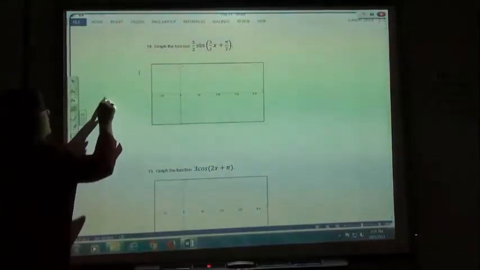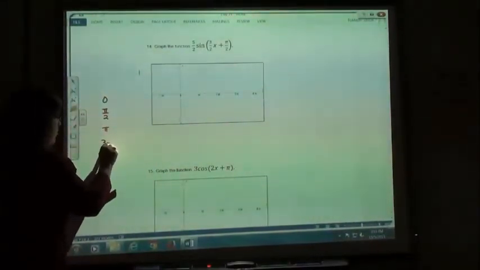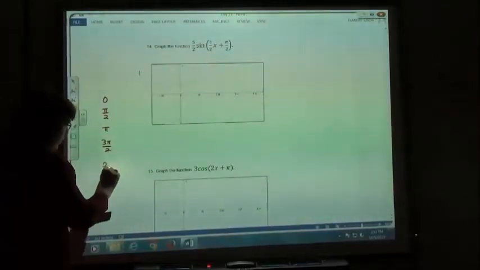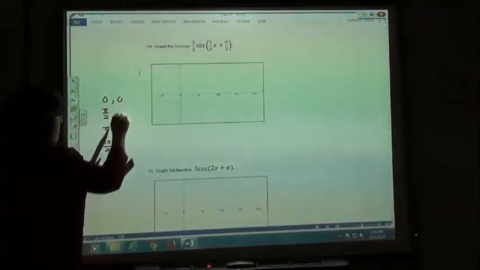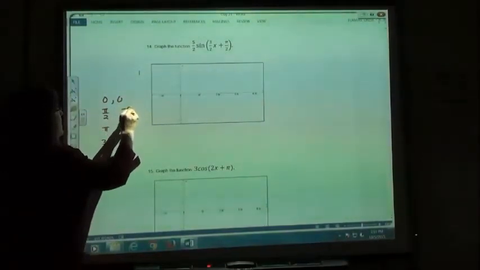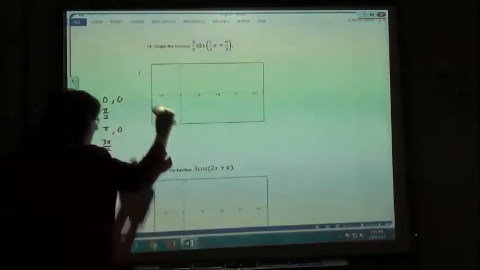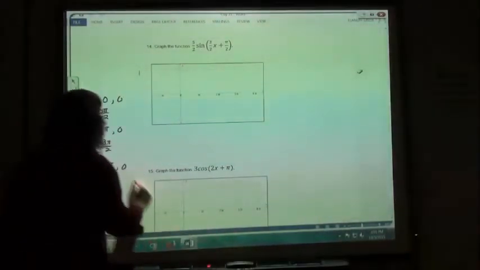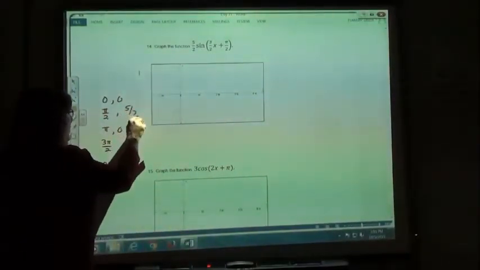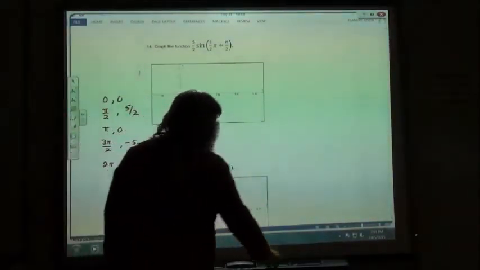Sine curve, 0, pi over 2, pi, 3 pi over 2, and 2 pi, 0, 0, 0. This will be at negative, or no, this won't be at negative. This will be at positive 5/2, and this will be at negative 5/2. All right, so